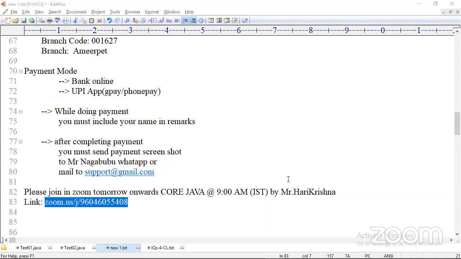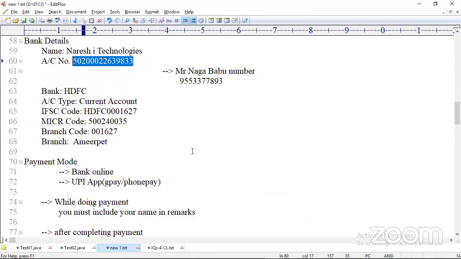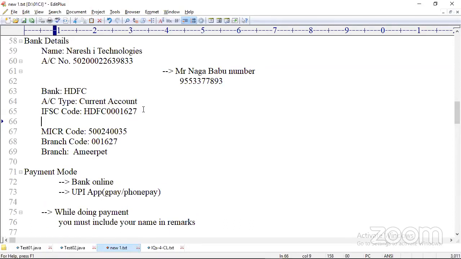Prajakat Patil, no different fees, only one fees. UPI payment process is also the same. Select the bank mode, enter the bank account number. Go to UPI, there you select a bank account, give this account number, and it is asking for HDFC Bank, current account. If they are asking for some other details, you can give them. No, C++ is not there in our batch. Only core Java will be taught.